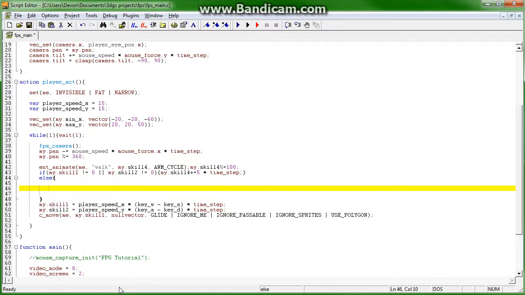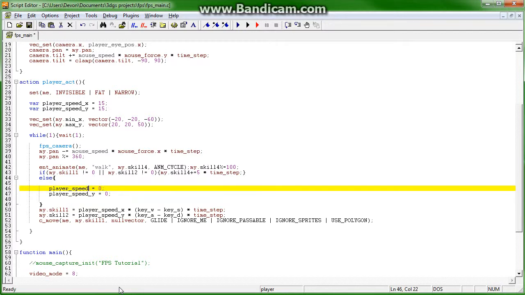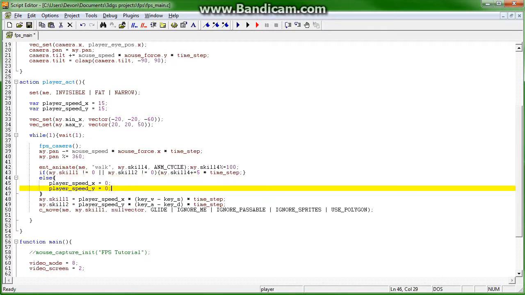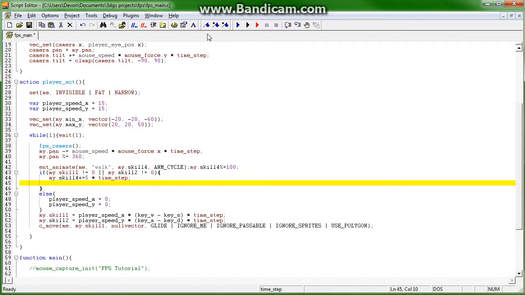okay, then we can say that player.speed equals 0, player speed x and y rather equals 0, and therefore that would set this to 0. And the reason why we're doing that now is because if we bring this to its own line and fill in right here that player speed x plus equals 5